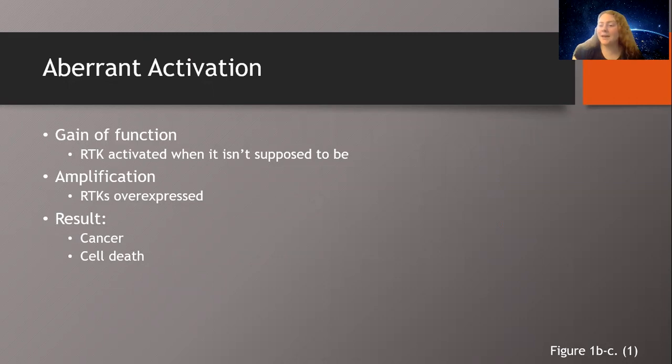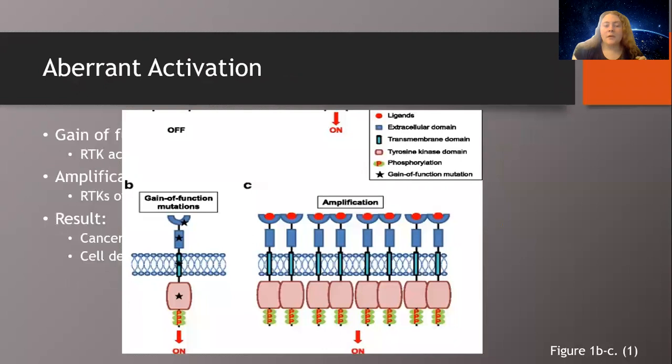Now, there are two main types of aberrant activation. The first is gain of function. The second is amplification. As shown by this figure, gain of function means that the RTK receptor is being turned on and beginning the signaling cascade without a ligand binding. This could be caused by an alteration anywhere in the RTK receptor, but its end result is signaling activation without